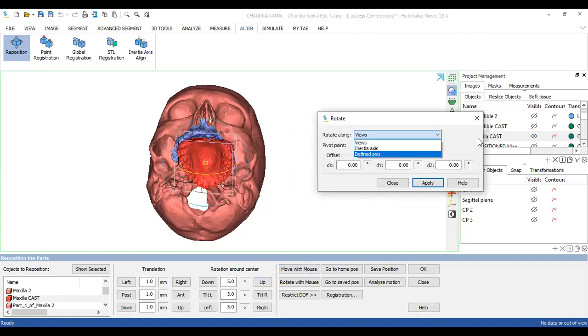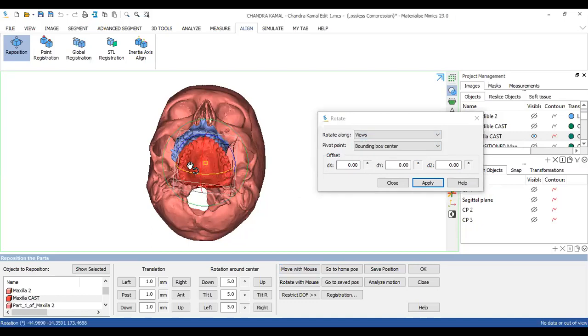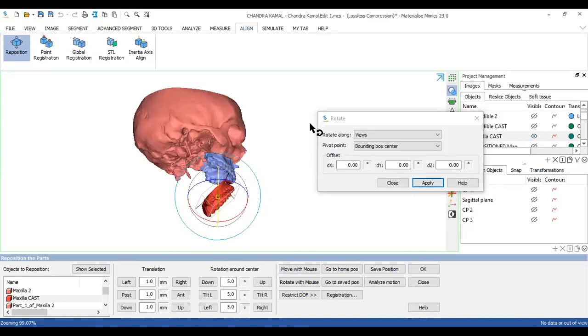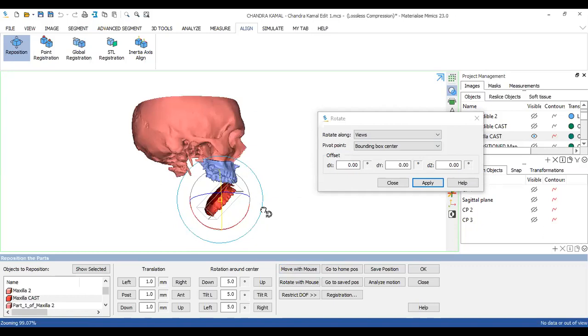I'm going to go along the views and I'm just going to rotate it. Right? Okay. So when I see the side view, what I see is it's upside down. It's at an angle. What I'm now going to do is make it flat. Then I'm just going to go on the side view.